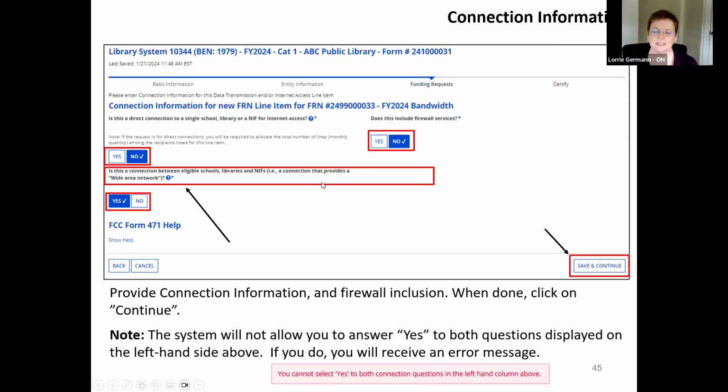Okay, so now it's asking questions so that USAC can understand what your network, or your WAN, that wide area network, really looks like, because it doesn't ask for a WAN diagram. We've already said these are data points between our buildings, but it's asking